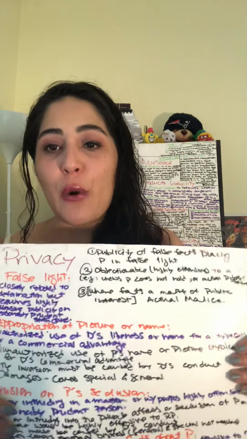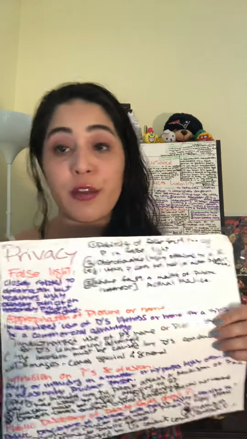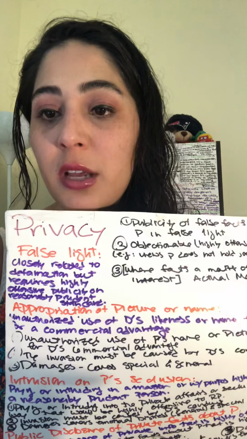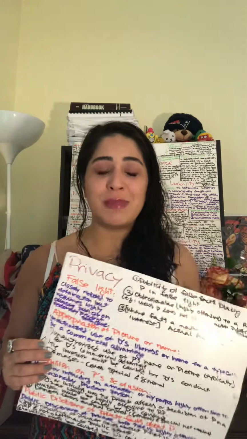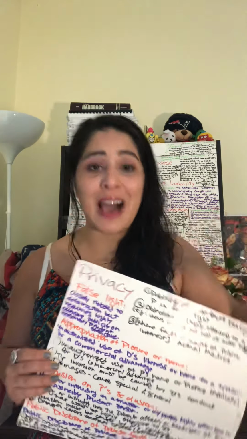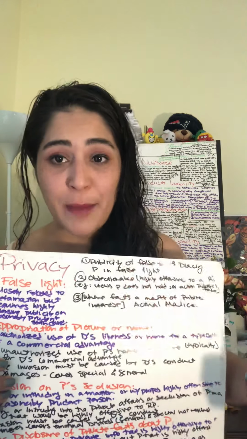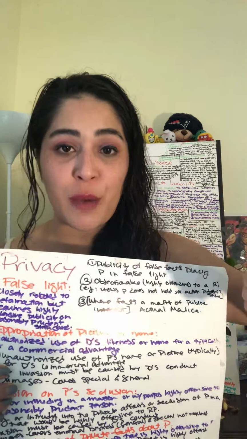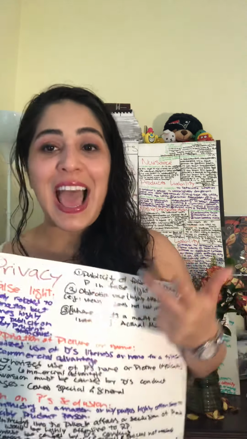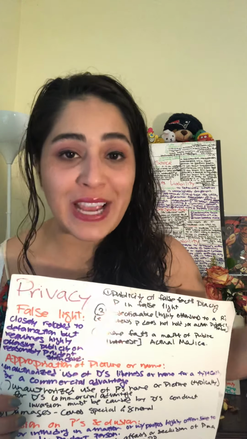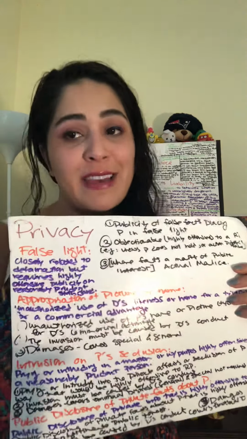I want to move on, and real quick, I would like to talk about the other types of privacy invasion torts. Because this is going to distract me all throughout the video if I don't tell you now, and I'm going to tell it to you again at the end. Remember the ISLAP: the I stands for intrusion upon seclusion, the S is for seclusion, the L stands for false light, the A stands for appropriation of likeness, and the P stands for public disclosure of private facts.